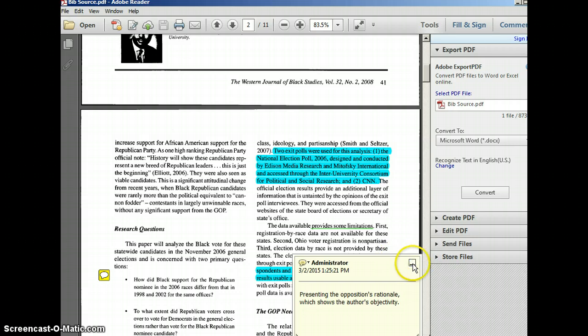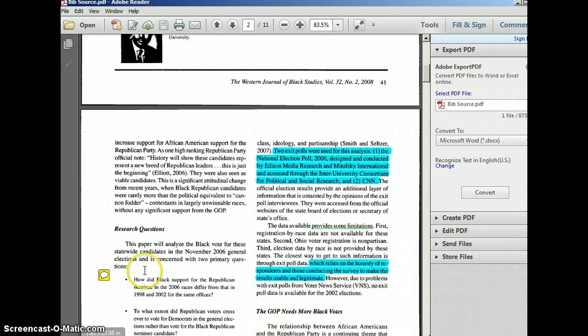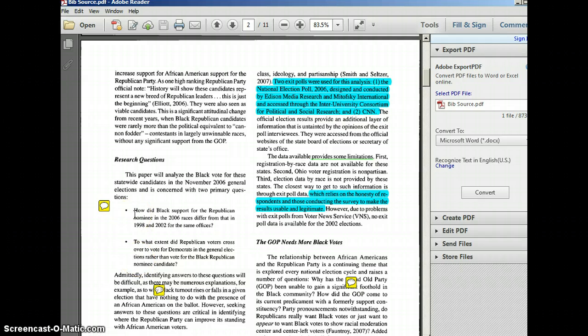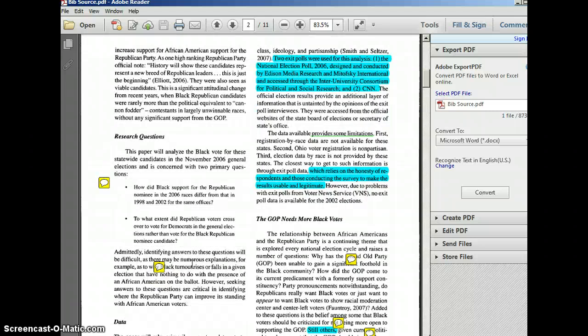What's also interesting about this article is that he lists his research questions, which is something that I'm constantly mentioning to you guys: you can't do any type of research unless you have a research question. So here are his 2 research questions: how did black support for the Republican nominee in 2006 races differ from that of 1998 and 2002 of the same offices? To what extent did Republican voters cross over to vote for Democrats in the general election rather than vote for the black Republican nominee candidate? So these are exploratory questions. They're not questions that come with a simple yes or no answer. He's forced to explore the